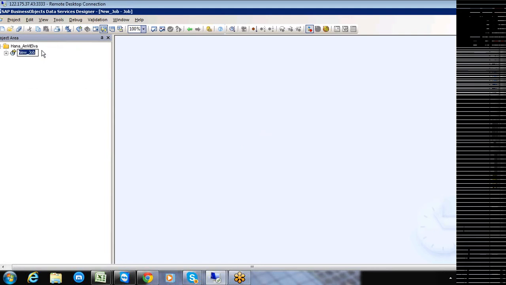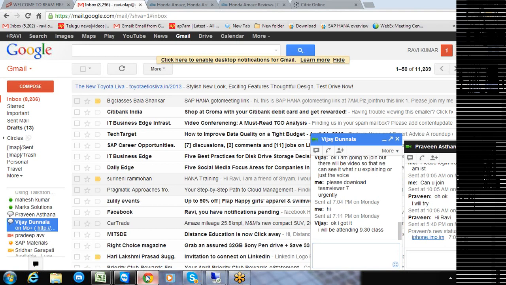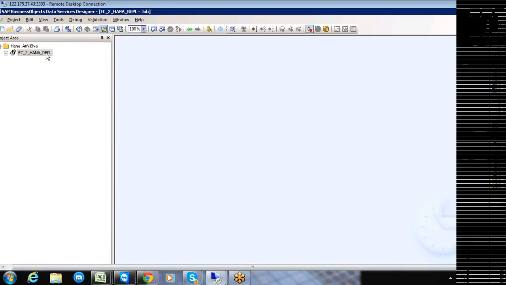Specify the name of the job as EC2_HANA_REPL, EC2 HANA replicate. I want to specify like this. Done. This is your batch job.